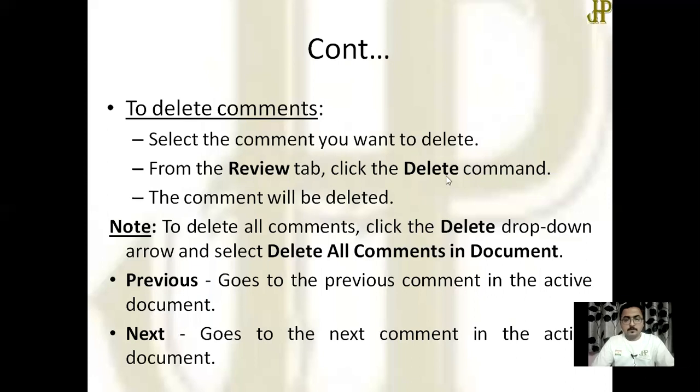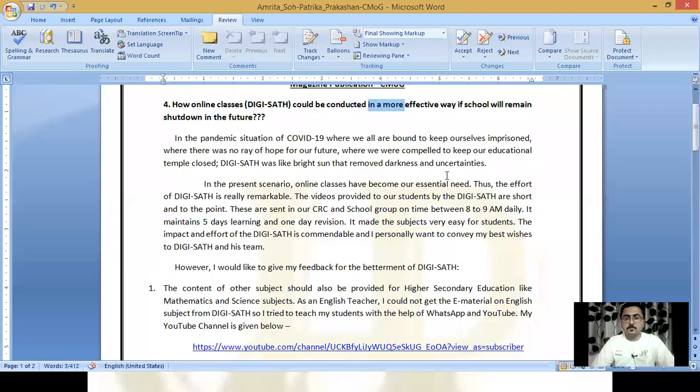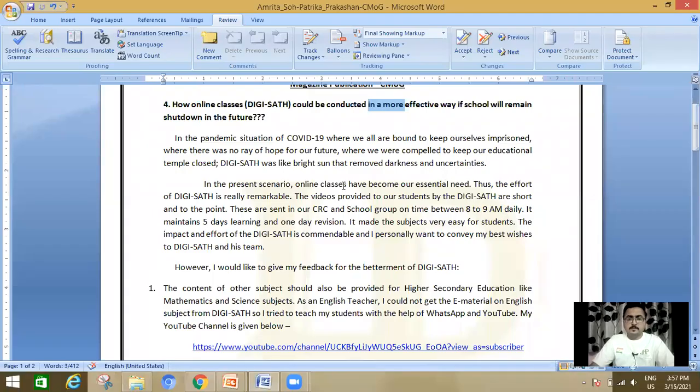I'm going to give you an example of how to do this. For example, here COVID-19. I want to give some comment here. So select the text, click on the Review tab. In the Comment section, click on New Comment.